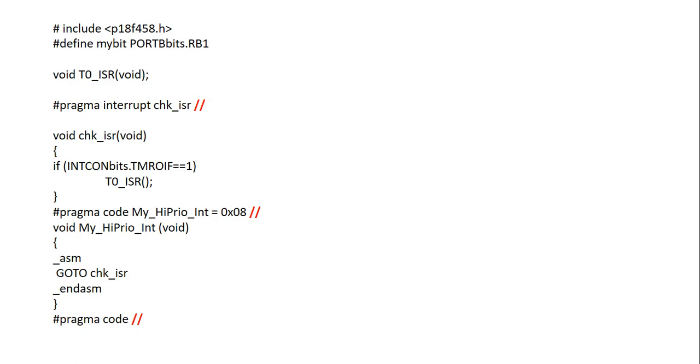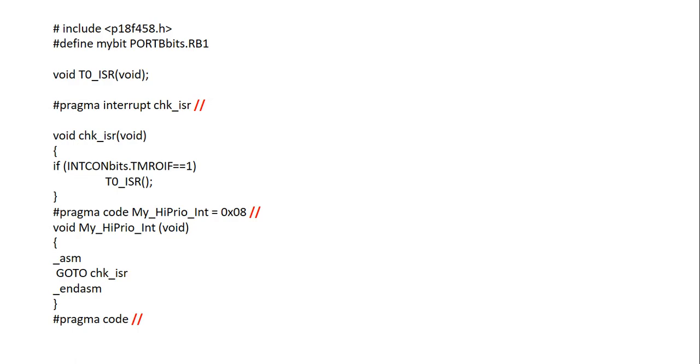Then #pragma interrupt chk_ISR is defined. It is a fixed instruction. Whenever you are using any interrupt, we have to write this code.